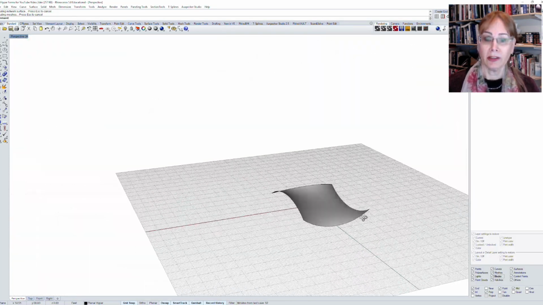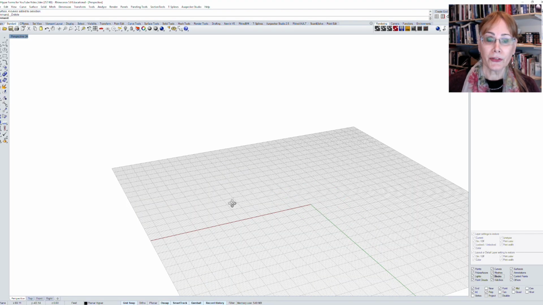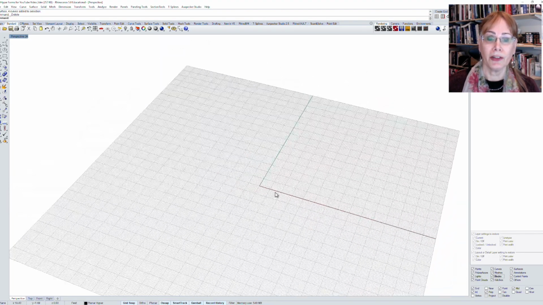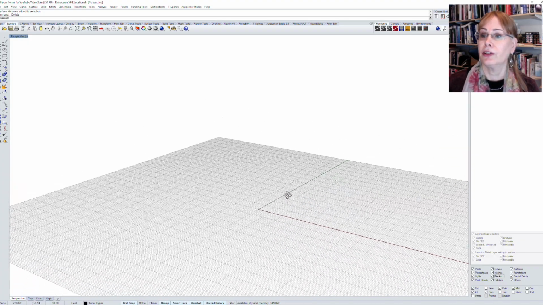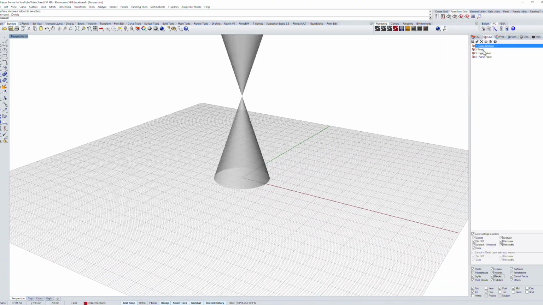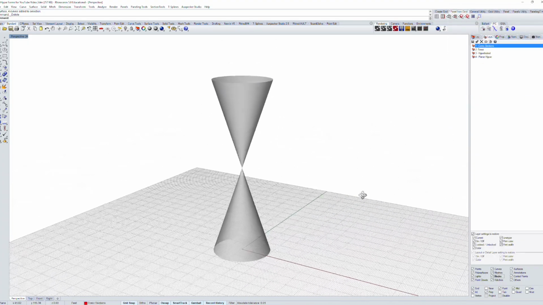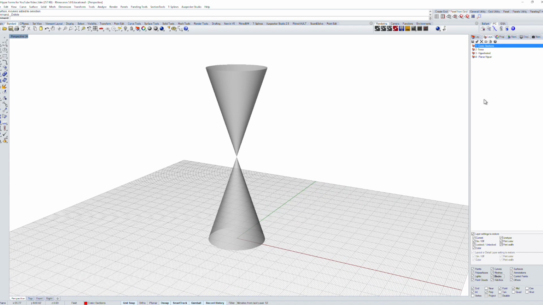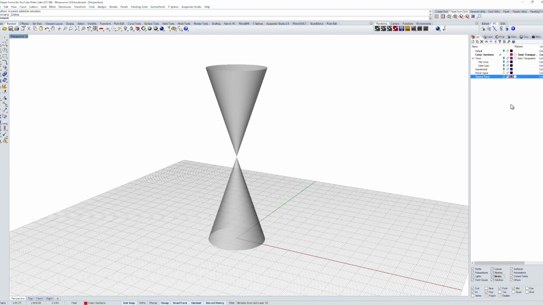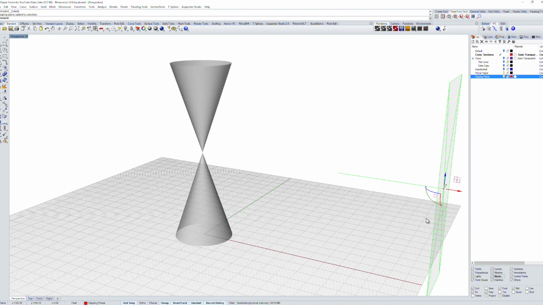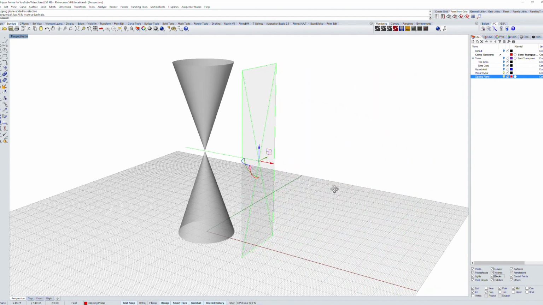So I'm going to go ahead and delete that. And let's first off start with some properties of these structures. So I have a couple of cones here drawn inverted, and I have a clipping plane off the edge of the screen here, and I'm going to move this clipping plane through this cone,